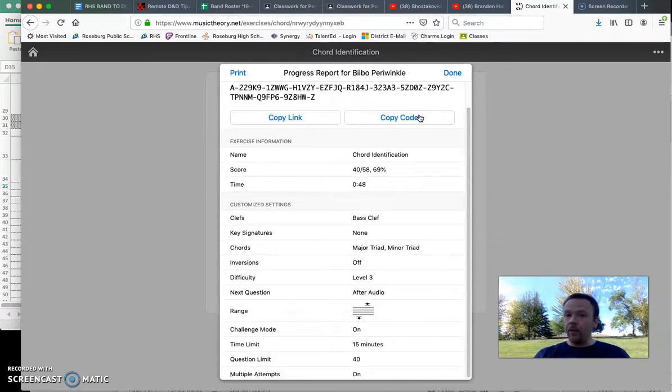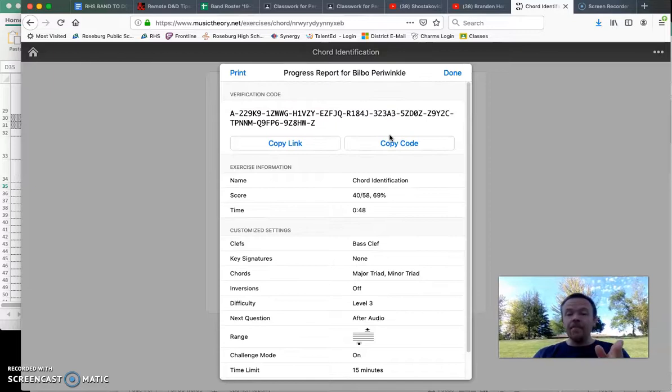I signed the report, and then here you get a code, and this is a code you need to share with me, and I will be able to punch in the code and see your name. Do put your real name, by the way. I made something up. Put your real name in. You'll be able to copy this code or the link to here, either way, and share that with me. So you click copy code. It's now copied to